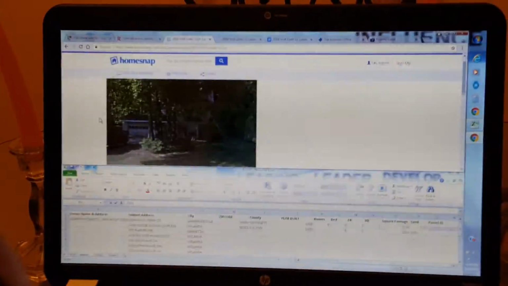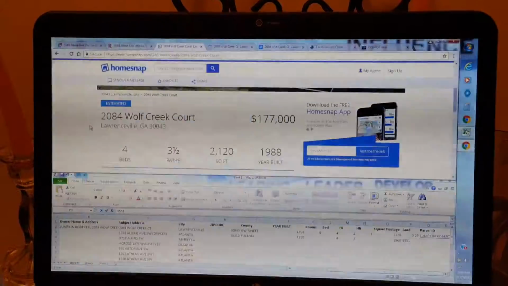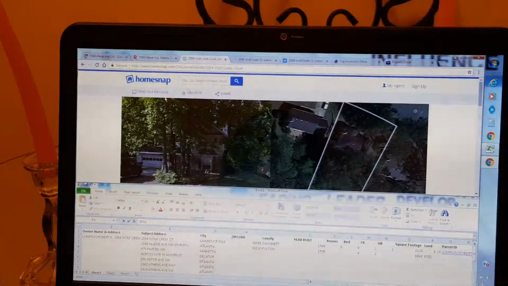And this is basically what we do for each and every property. You go through each one and